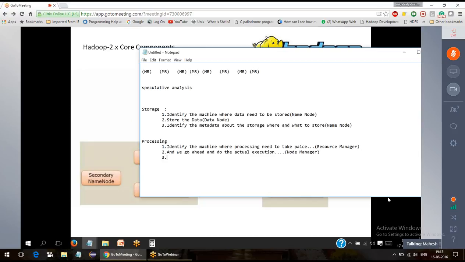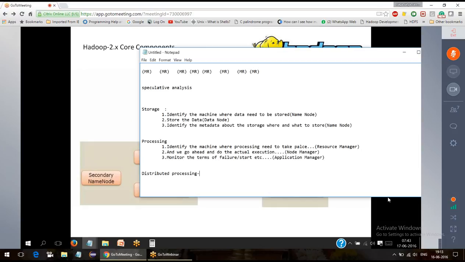And third one, we need to monitor the terms of failure or start, something like that. And we will have something called the application manager, guys. In that workflow, this is not mentioned. We'll go there. What is the application manager? These are the components that take care of your storage and processing. We also have something called distributed